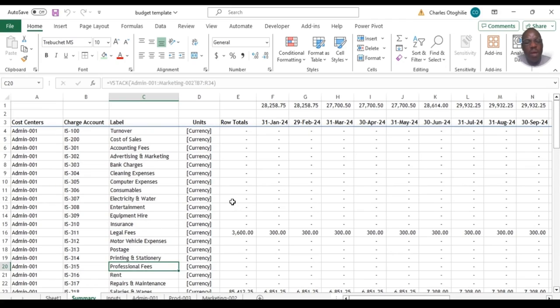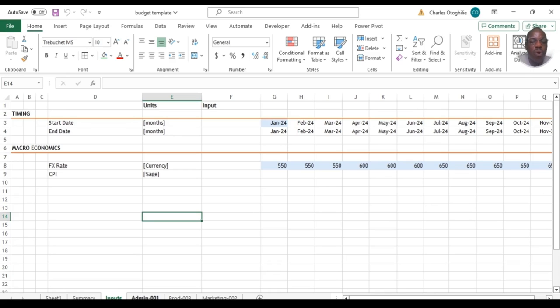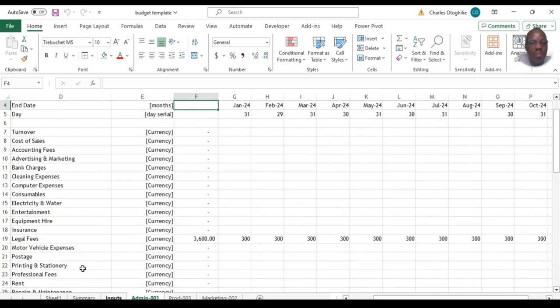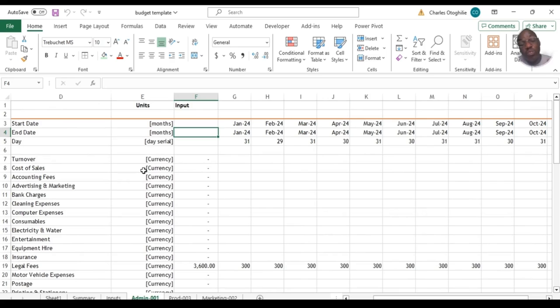And so this is it. This is how you can come up with your budget template, build it, and then use it across your departments, and then get something that is much more automated and makes it easy, and reduces the time in which you build your budgets